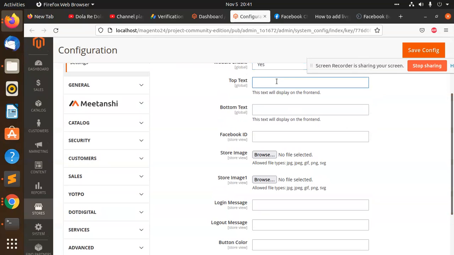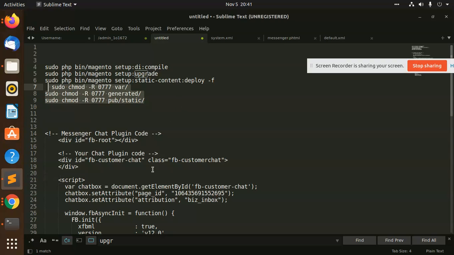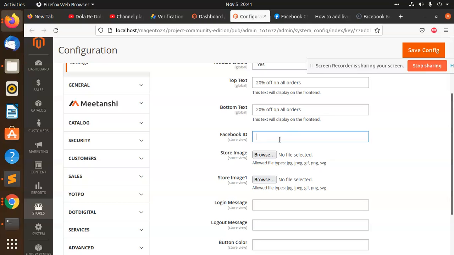This is for the shipping method: 20% off on all orders. The Facebook page ID that we have already given, this is the Facebook page ID. I'm going to add it.